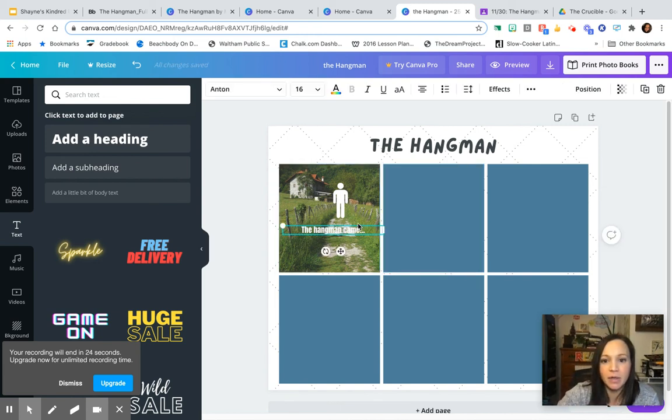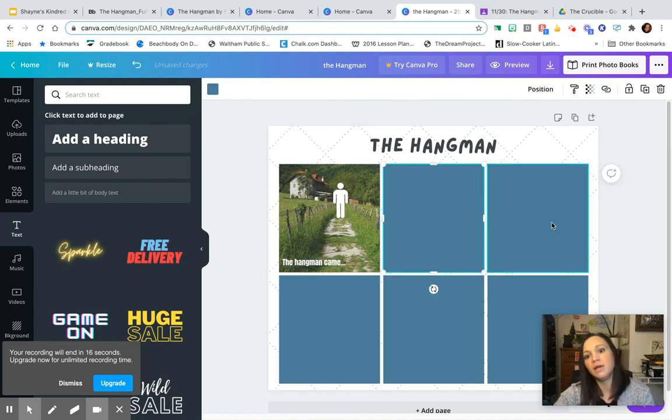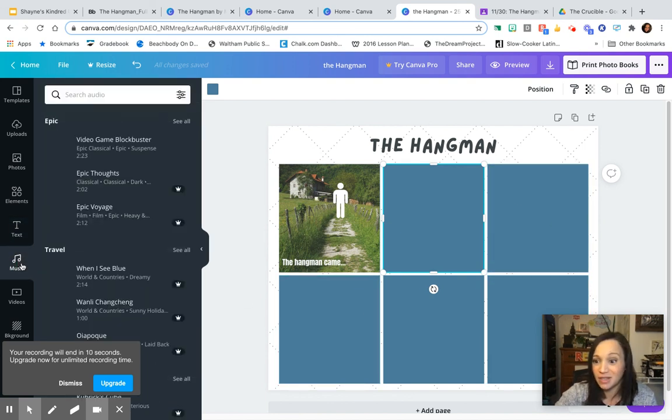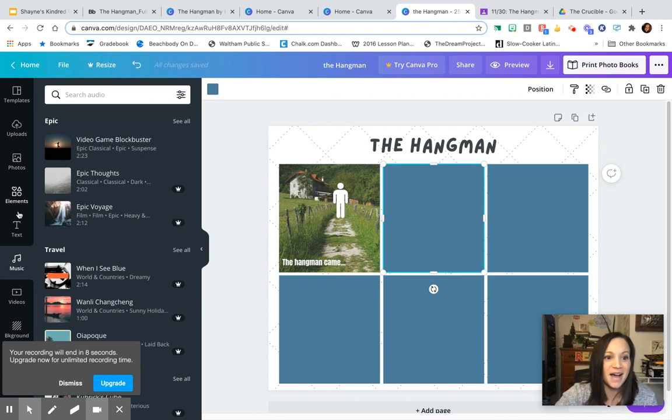So then I can decide where I want to actually put this. Maybe I want it to be more like down here. So that's how you would kind of mess with it. Same process for each square. And you can play it if you want. You can add music if you want, which is really kind of cool. That's usually more if you're creating video, but you can add music. You can add different kinds of photos. There's all kinds of stuff you can do, but this is just like the very